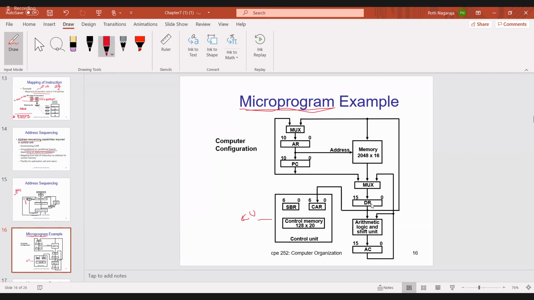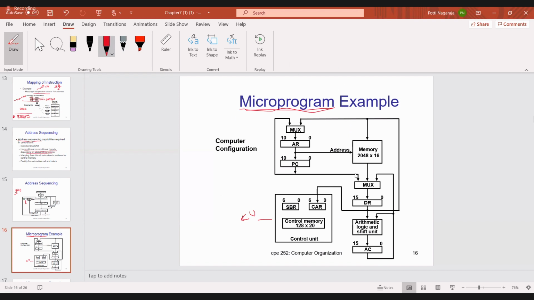So accumulator, what we are doing, see here, what is the block there, that means we can perform arithmetic, logic and shift micro operation with respect to the accumulator and we will store the data in accumulator only. Suppose data register input is also coming to accumulator, but whatever operation you do here, store that value in accumulator. Do you understand? Arithmetic operation means AC plus DR and store that value in the accumulator. So this is the microprogram example.